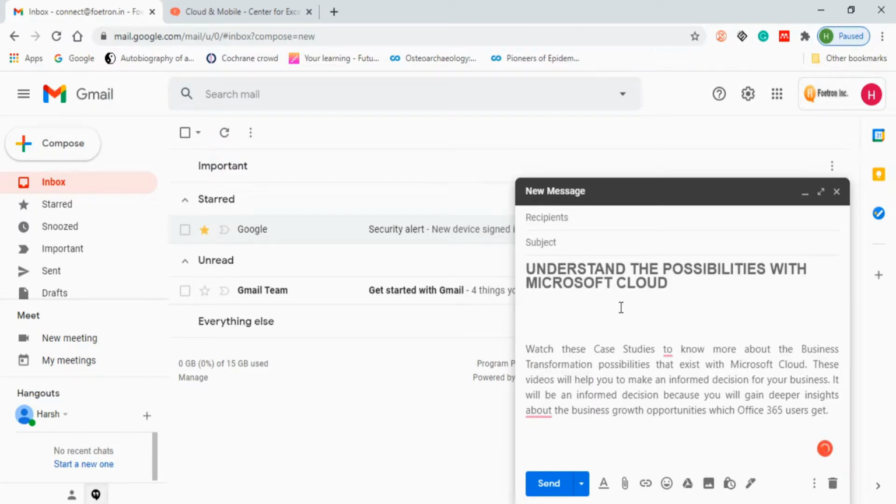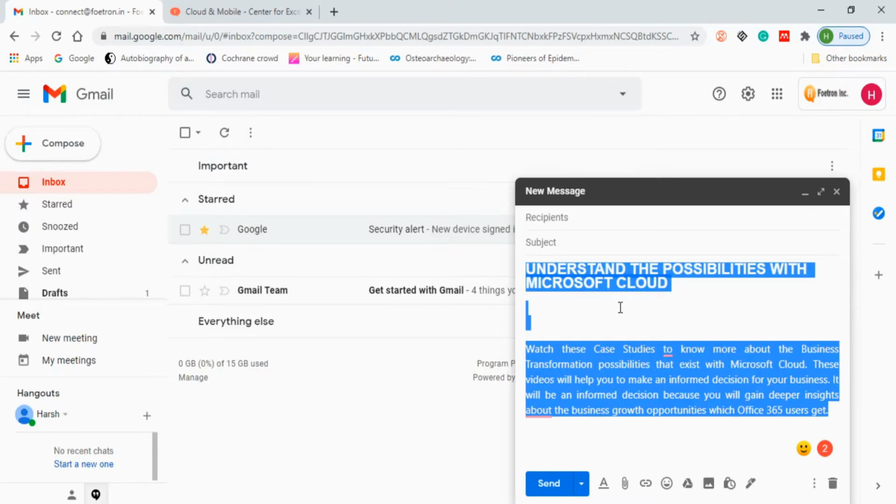Now you see the formatting of the site has been copied into our email. Now I do not want that formatting. I want this to be normal. How can I do that? For that, you just have to press Control A. After selecting everything using Control A, you will go into the formatting options. In the formatting options, you will see something like this.